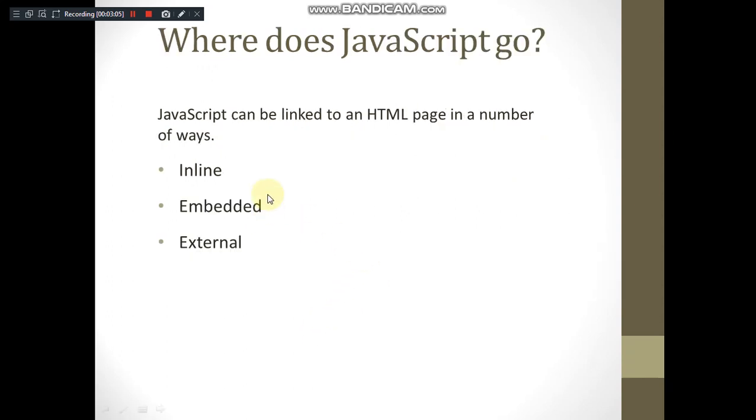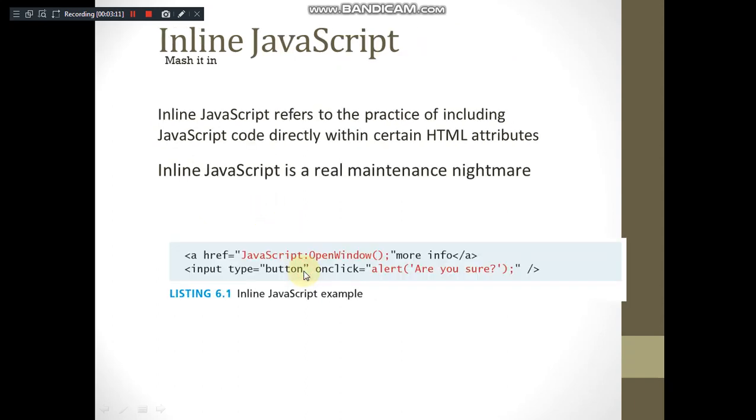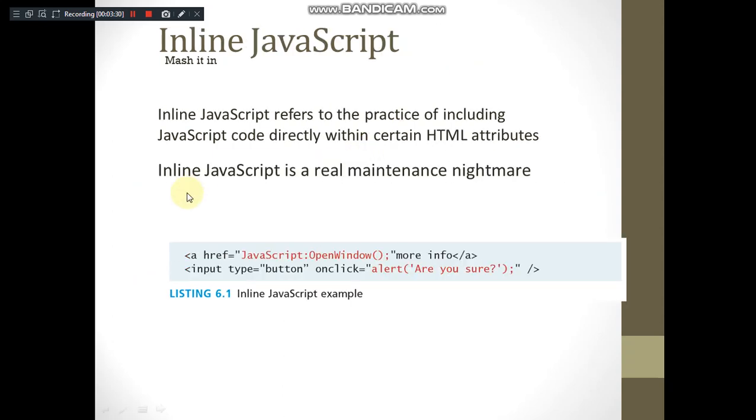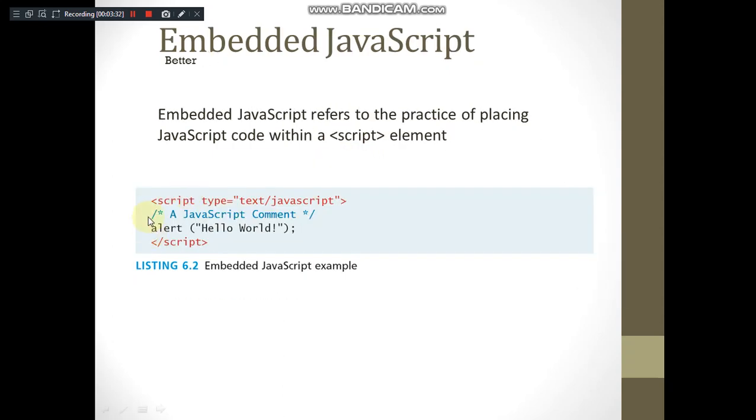So we'll go for the next possible way, that is the embedded way. Similar to embedded CSS, we have embedded JavaScript here. As you can guess, instead of the style element in an embedded style sheet, here we are using the script element or script tag. As you know, style is placed in head, script is also placed in head. So we are opening with the script tag.